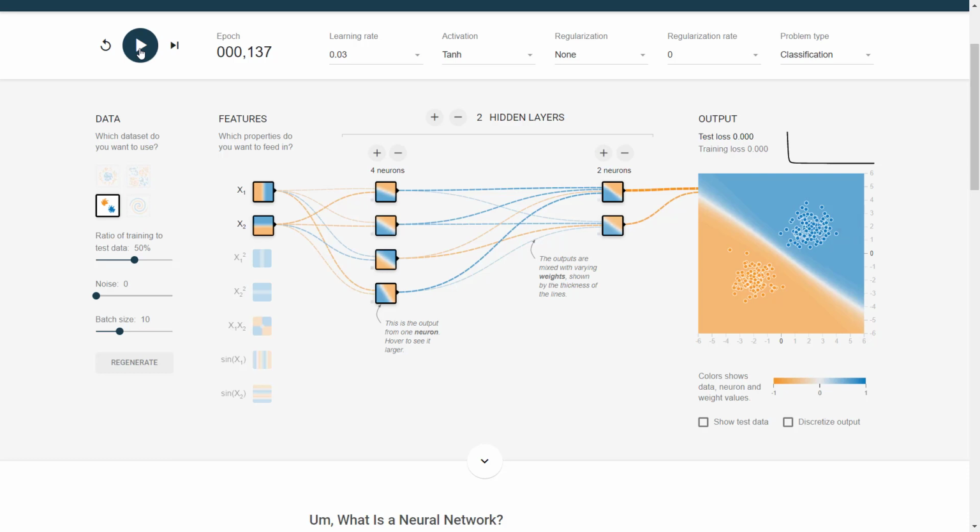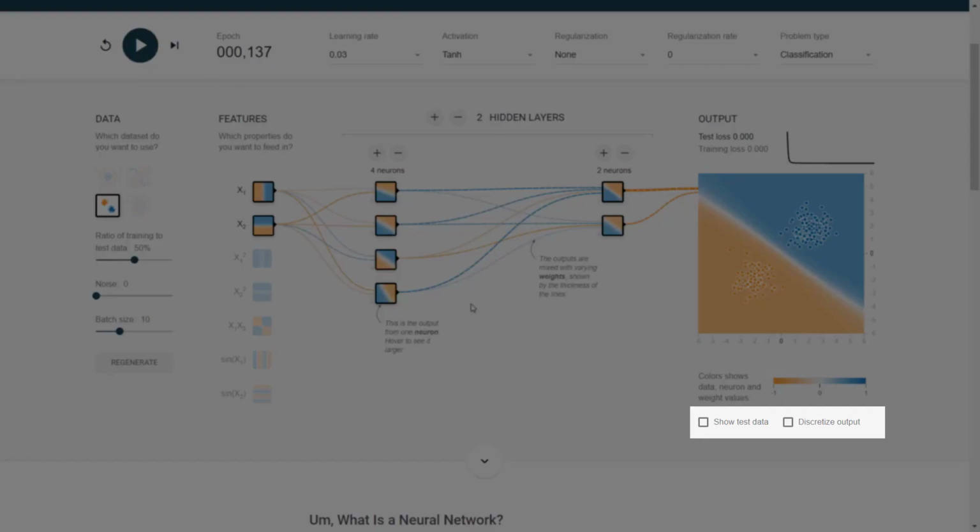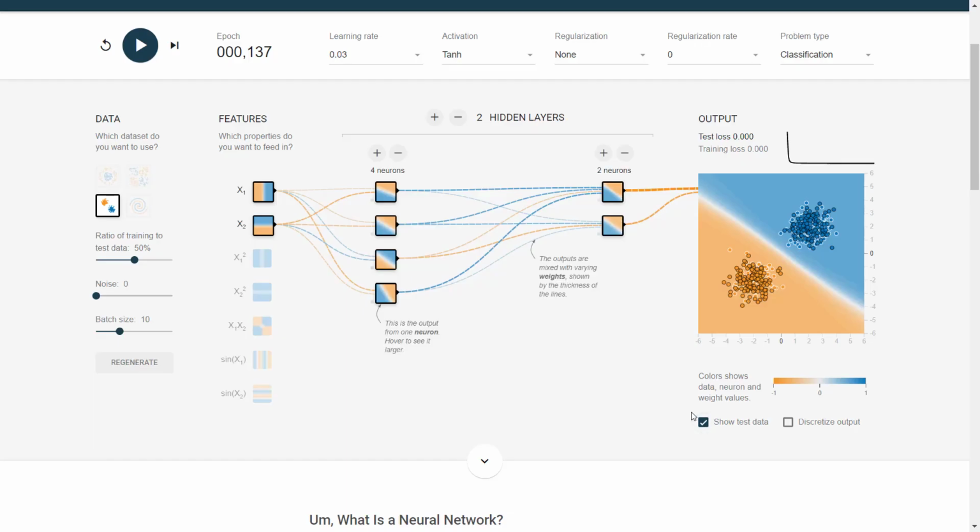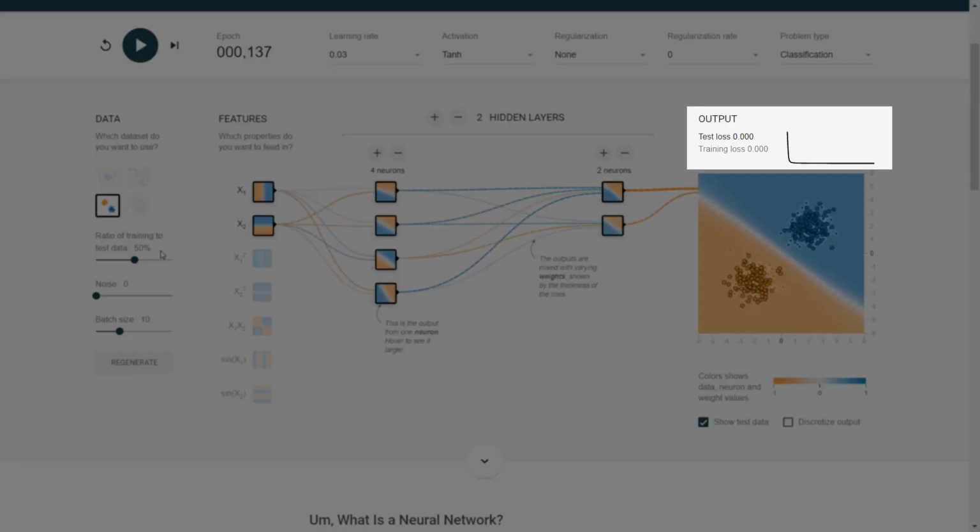Notice that the data points we see on screen and the ones that were used in order to teach the neural network are only the training set. When we examine how good this network actually is, we need to run the data points of the test set through this network. If we click Show Test Data, we can see the test set and how nicely it falls in the colored regions. The ratio between the training set and the test set is determined here. You can see the success rates, which are actually failure rates, here, for both the training and test sets.